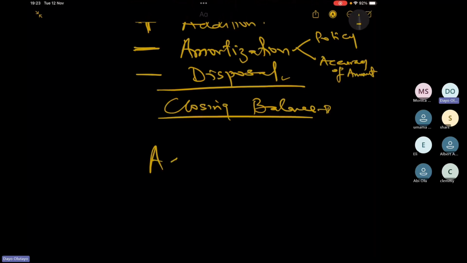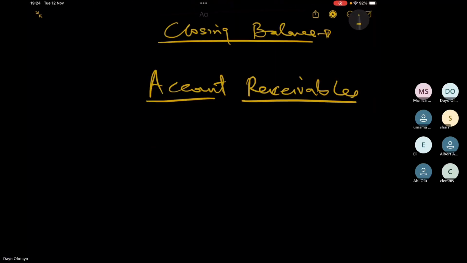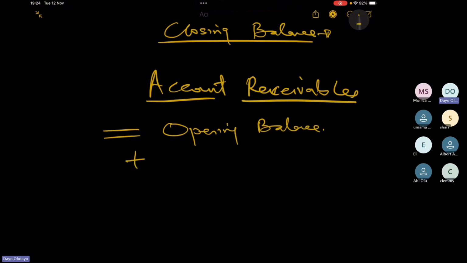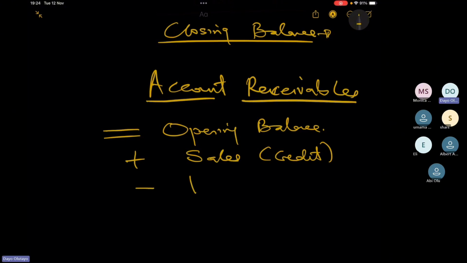Want to look at account receivable now. For account receivables, you always think about what account receivable is all about. Account receivable will come because we have sold something. So usually it starts from your opening balance, plus sales, which are credit sales, because we have account receivable because we have sold goods and we have not collected money. So plus sales, which will be our additions, minus payment received, because when customer paid us, yeah, it